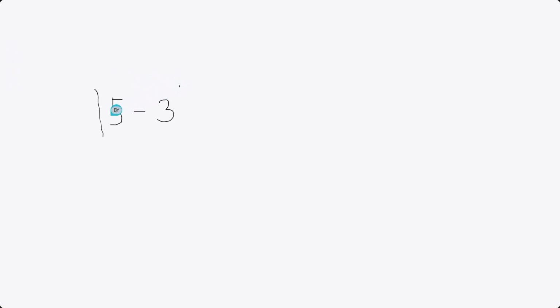Then we take the absolute difference, and then plus the absolute difference of 3 minus 1. So it is 2 plus 2, then we get 4. So this is the distance between user 1 and user 2. What about the distance between user 2